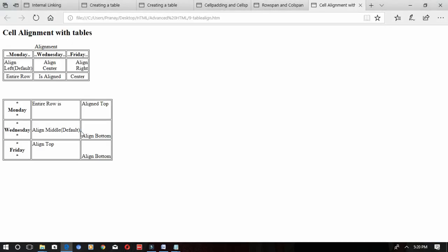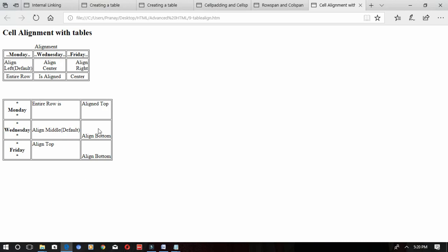Check it here. First one. See, align center, left, right. Left will be default. This align attribute I have used and created, given us center. And the third one, these are the table descriptions. Okay, this is given us right. Second row, third row I have given the entire row will be aligned center, for which I have used in the TR tag the align attribute as center. So I hope you all are clear with this.